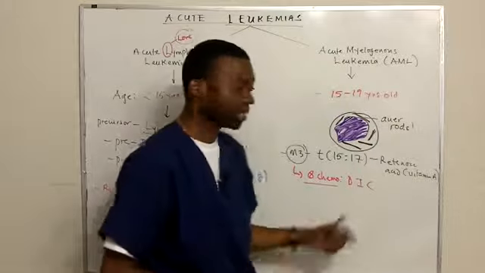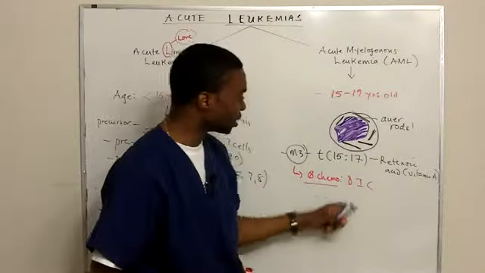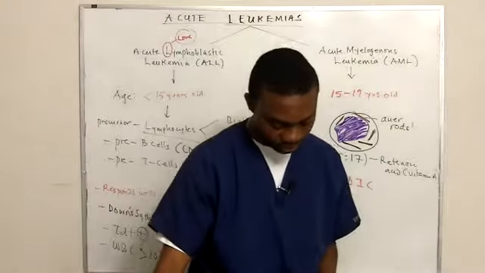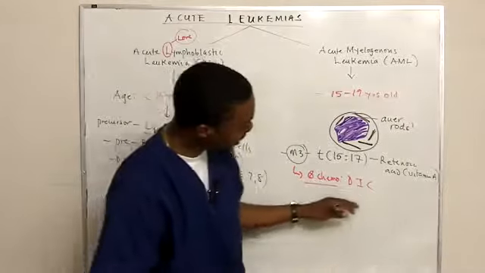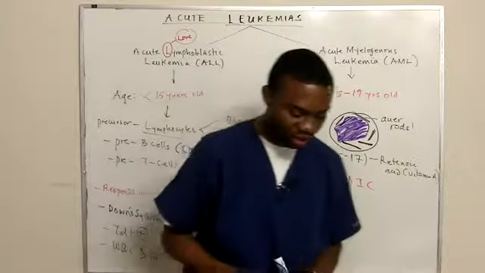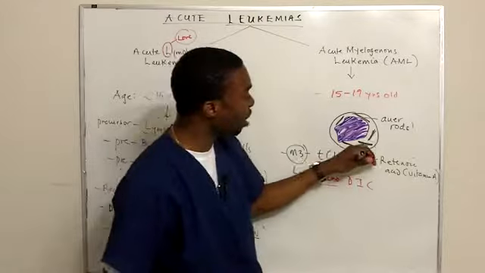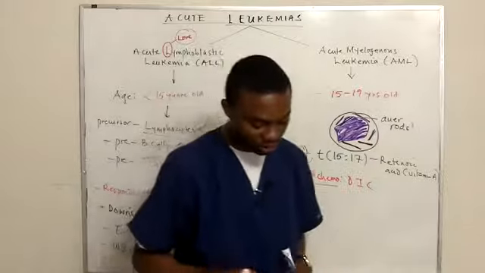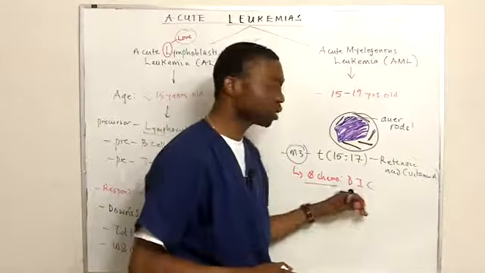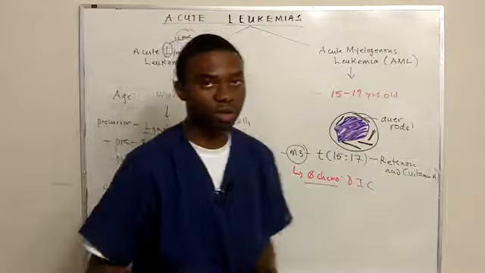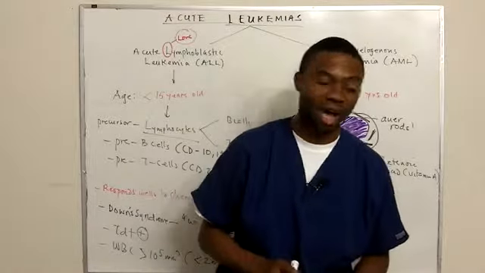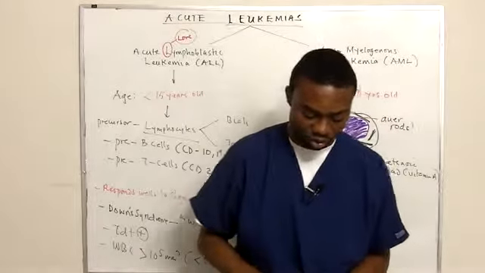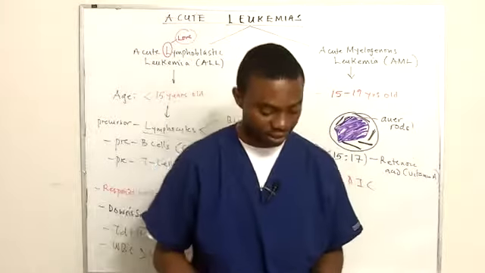And to learn more about DIC, you can watch our lecture in the hematology chapter under DIC, which is a very devastating disease. The reason why they develop DIC is because these patients release all the Auer rods inside the cells, and once this gets released from the myeloblast, it can damage the endothelial cells, causing clotting and massive bleeding and a lot of medical complications from disseminated intravascular coagulopathy.